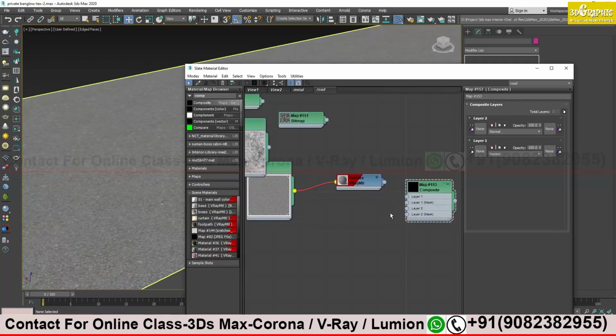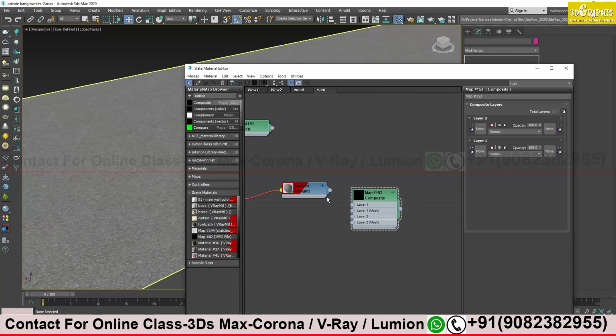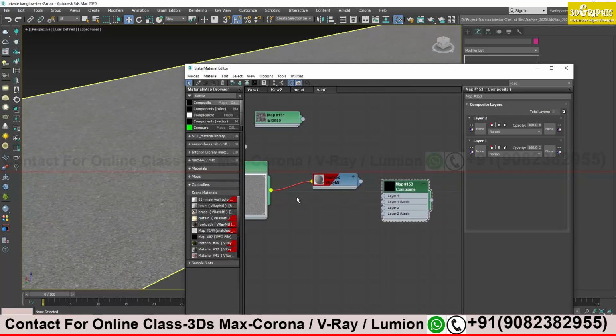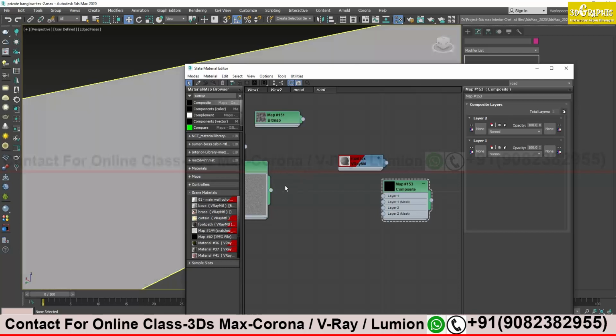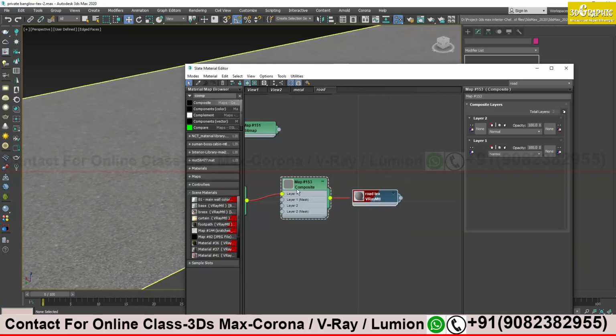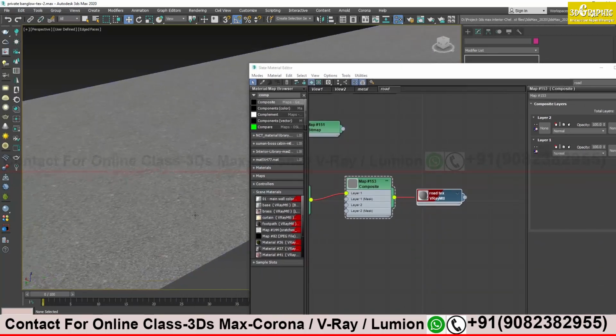First, we come to composite, and this is going to be my first layer. Sorry, I think this works with the map. I'm doing it, and this will go to diffuse. Nice, it works.